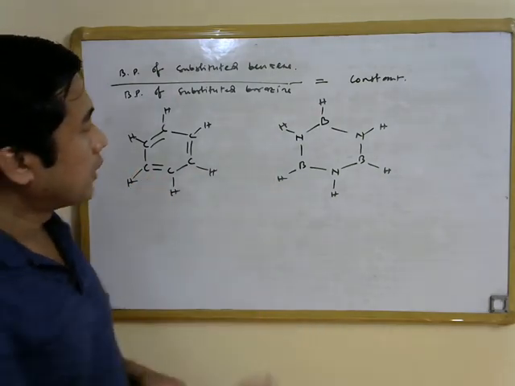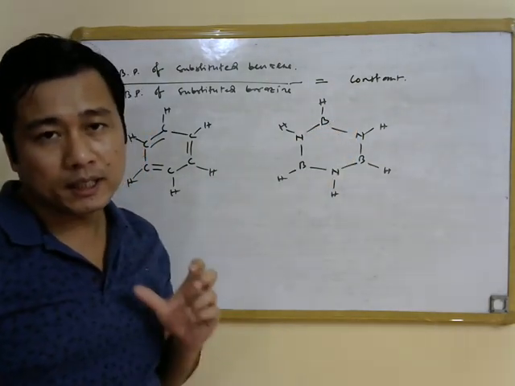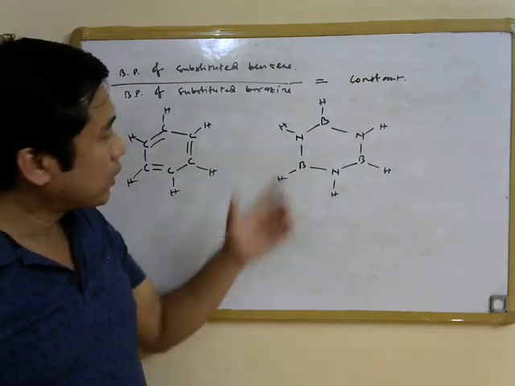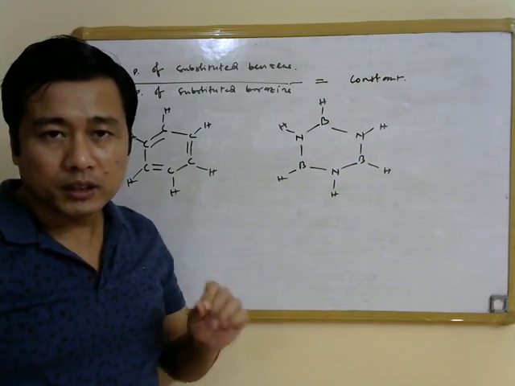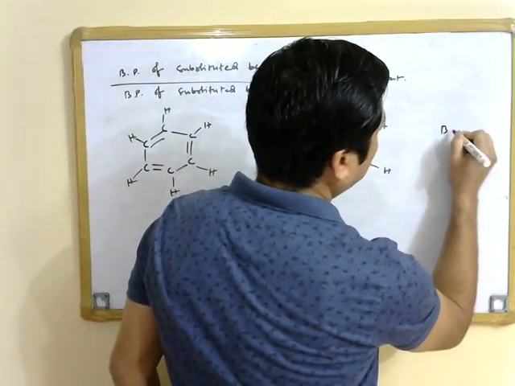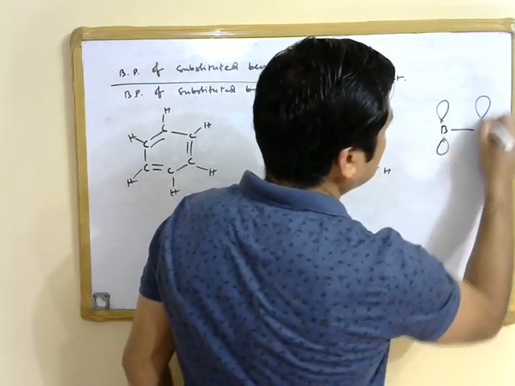But here the unhybridized p orbital on boron center is empty, while the unhybridized p orbital on nitrogen atom contains one lone pair of electron. That is, you can draw one unit here in this way. So the